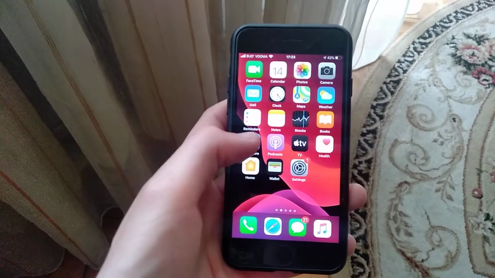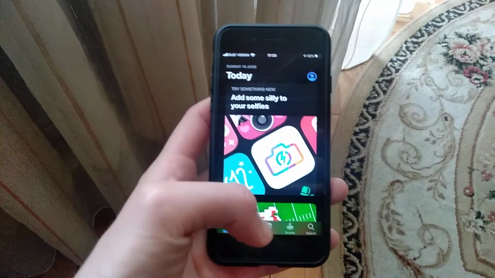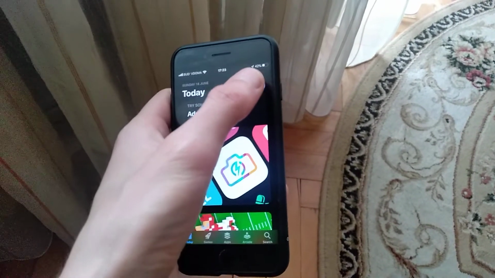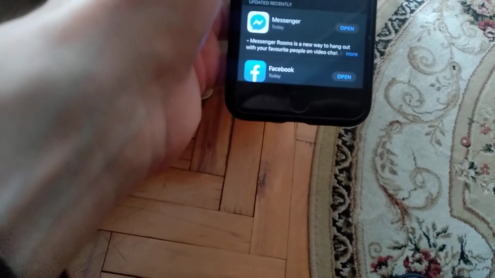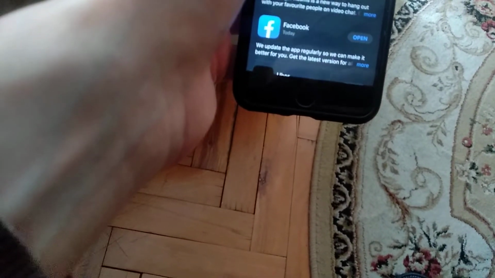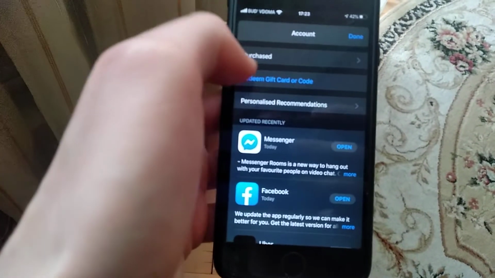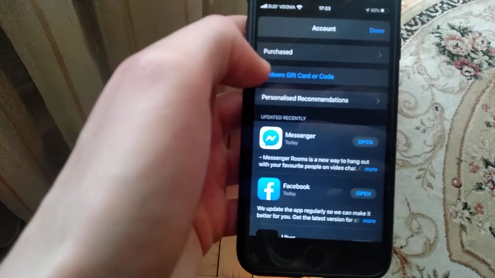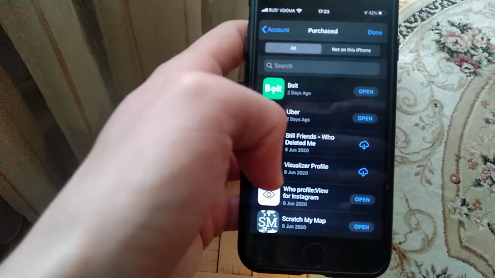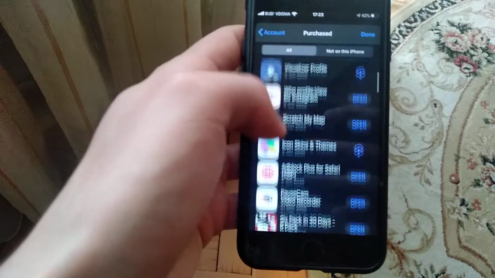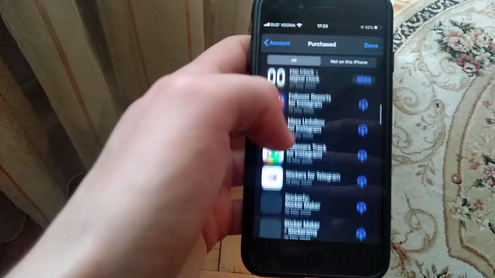So for doing this you just need to go to App Store, and in App Store you need to click on the icon with your profile, so just open it, and here in your profile you need to find Purchased. Here you can see Purchased, so just open it, and here you will find all the apps you download and